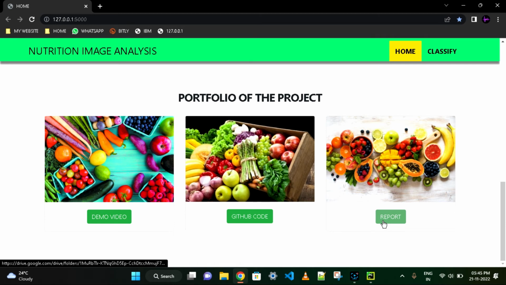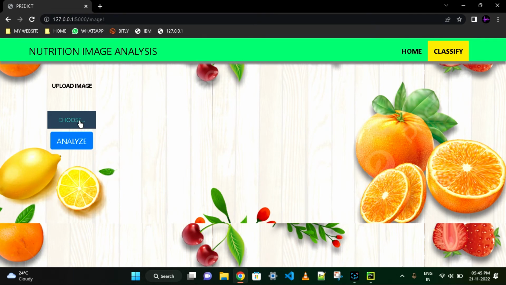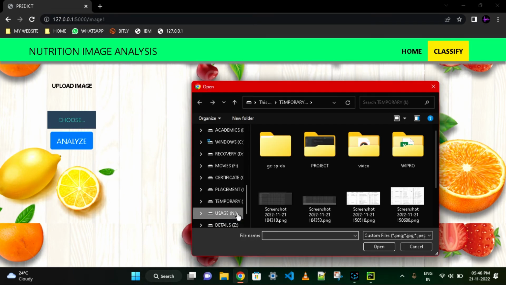It will display the home page, which includes the objective of the project and the aim of the project, and it will display the portfolio, which includes the demo video, GitHub code, and project documentation. When I click the classify button, it will move to the next page, 127.0.0.1:5000/image1 page. It will show the upload image option to choose the file. If you click choose,